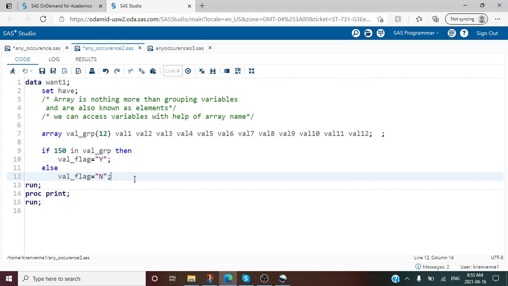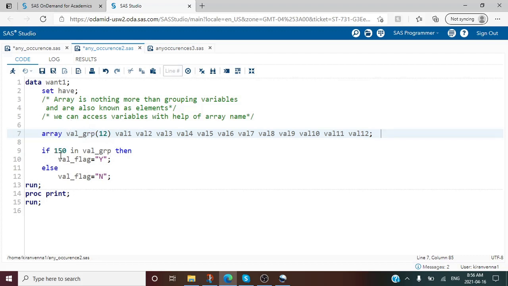To define an array, all we need is the keyword array followed by the array name, the number of variables in the brackets, and then the variables themselves. And the code is super simple here. All we need to write is if 150 in val_grp. Val_grp is nothing more than the array name.